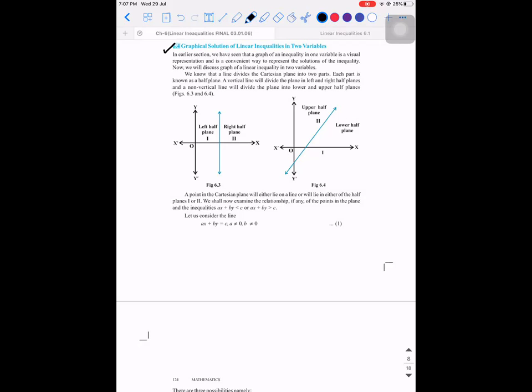Last year you would have learned the graphical solutions of linear equations in two variables, right? So x plus 2y is equal to 0, x minus 2y is equal to 1. If I give you a question like this, you can find out and tell me what is the value of x and y. So what are all the methods? You can use elimination method, substitution method, cross multiplication method, right? Or you can use the graphical method also. By doing all those things, you get the value of x and y.